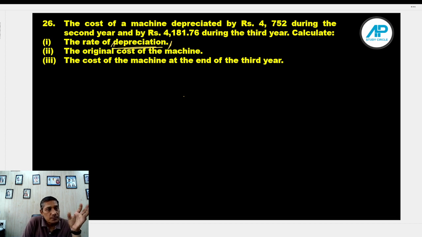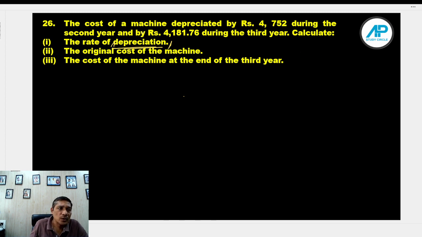On the whole, suppose on 100 rupees the rate is 5%. After 1 year, the value becomes 105 in the case of compound interest, while in the case of depreciation, the value becomes 95. वहां पर 5 rupees add हो रहे हैं, यहाँ 5 rupees subtract हो रहे हैं. Values are increasing and decreasing in that manner. Anyway, so